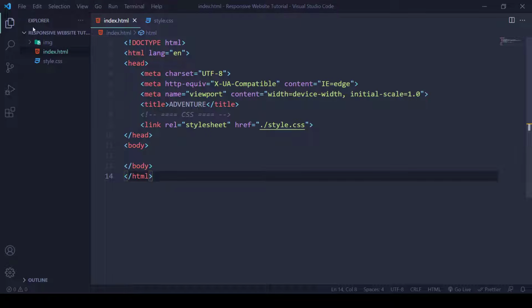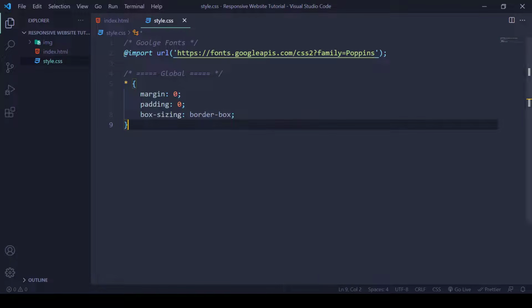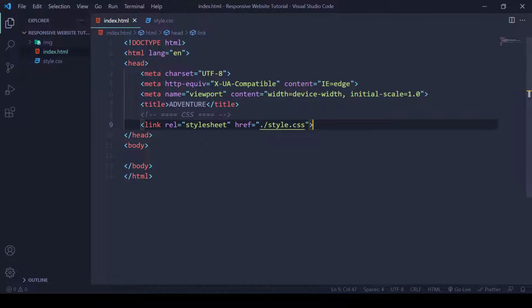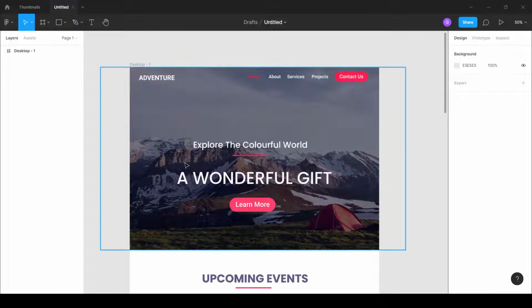In my VS Code, I opened my project folder, and inside that we have all the images that we are going to use in this website and an HTML file with a basic HTML template with a CSS file linked up. And inside my CSS file, we imported a Google font called Poppins and we removed the default margin and paddings. So now let's build this full screen background image with this beautiful text, and after this we're gonna move on